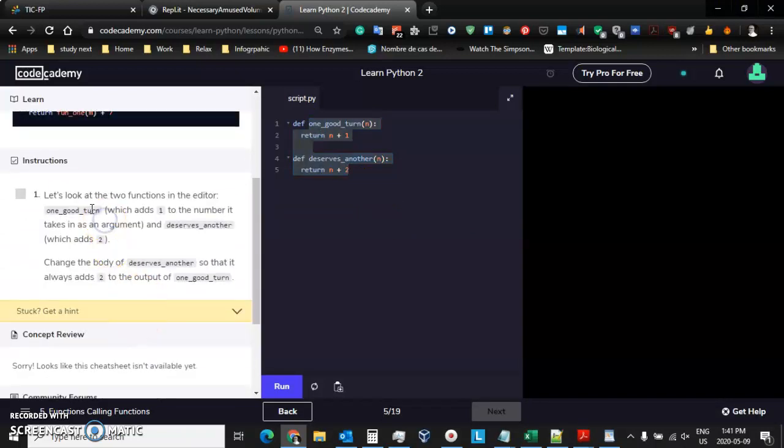And if we look at the instructions, it looks like we have a function, the first function here. What is it doing? It's adding the number 1 to whatever parameter gets passed in. Then in the second function, what we're supposed to do is call the first function. So this here is to be replaced with another function call, and that other function call is